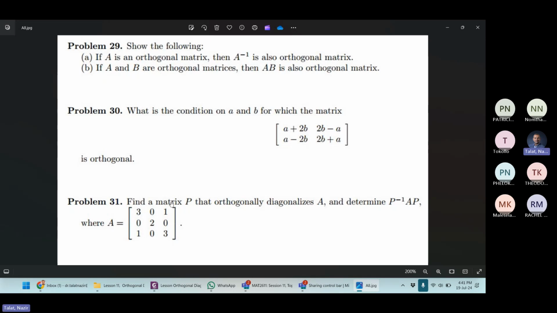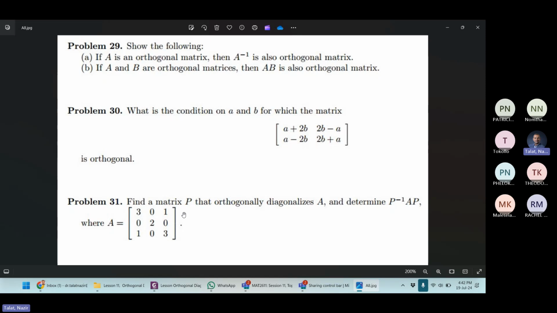Now in the next problem, find a matrix P that orthogonally diagonalizes a given matrix. So you just need to find the eigenvalues and eigenvectors. If the eigenvalues are distinct, then you just need to normalize the eigenvectors. But if the eigenvalues are not distinct, then